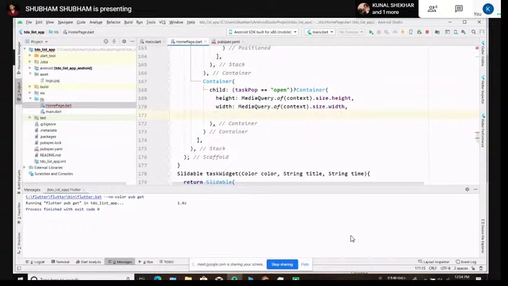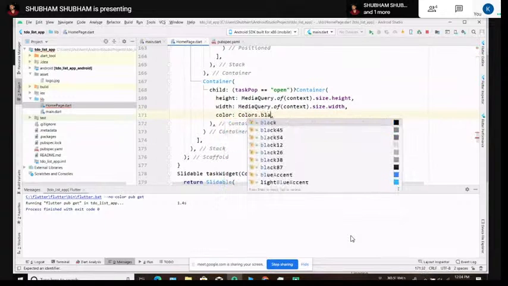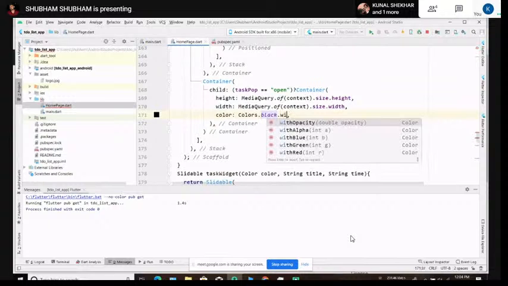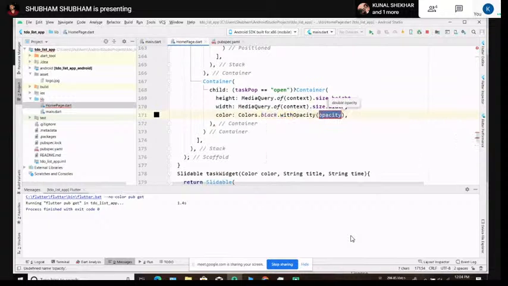It tells this color to be black with opacity 0.3. That opacity actually reduces the contrast of it,